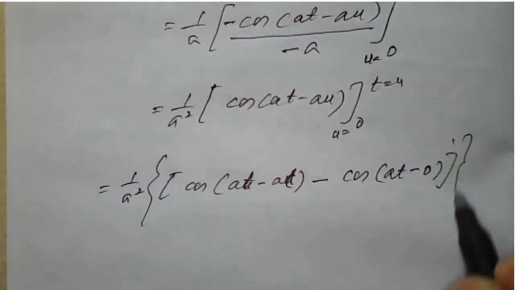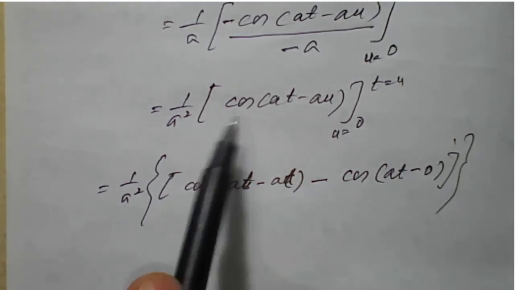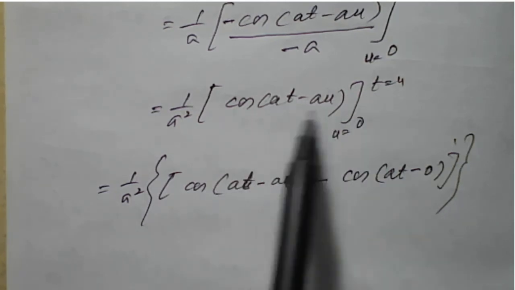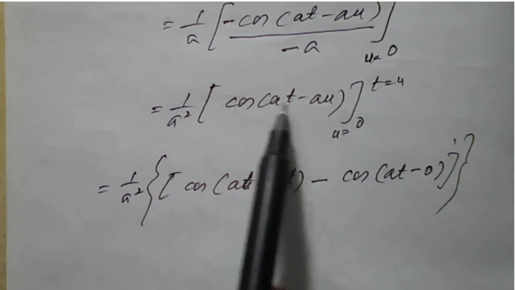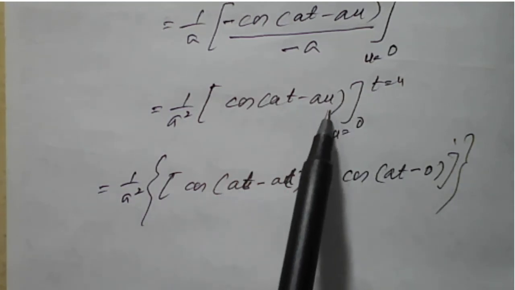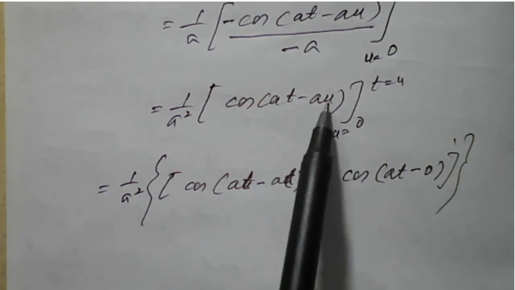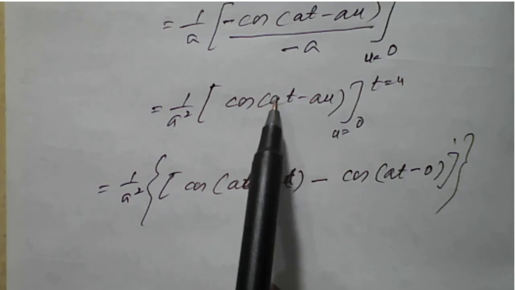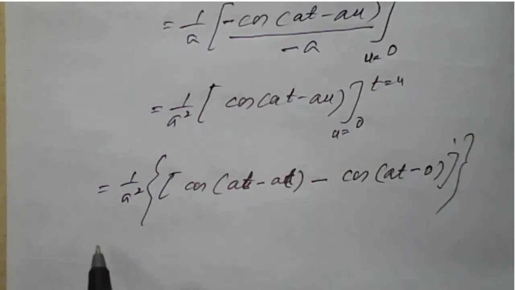Please understand this once again. Cos of at minus au: replace u by t, so at will be as it is, minus au will become at. For the lower limit, u will be replaced by 0, and 0 into a is 0. So at minus 0 is what I have taken. Now on final simplification,